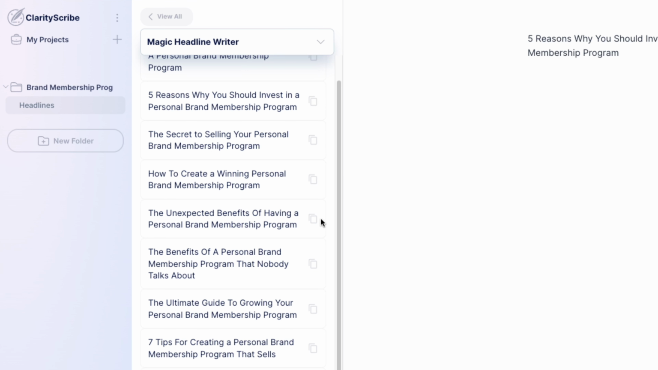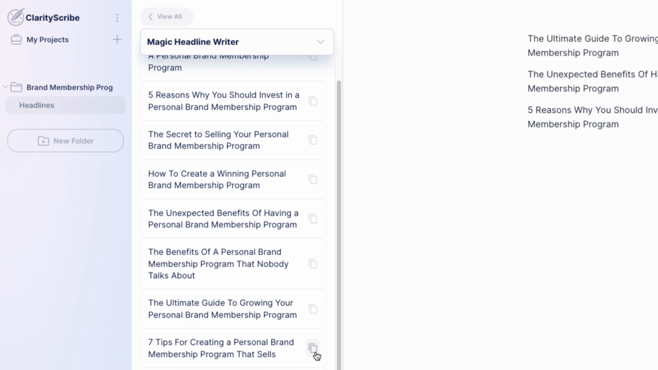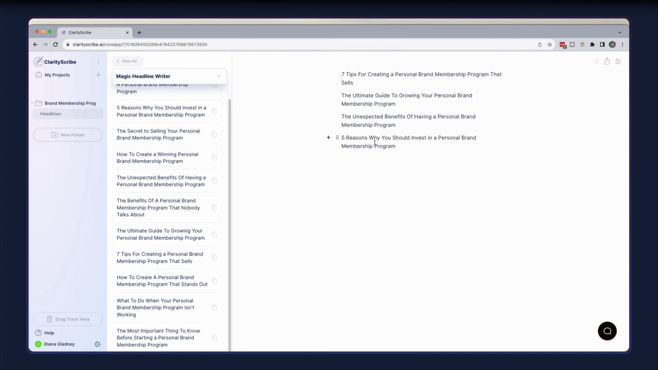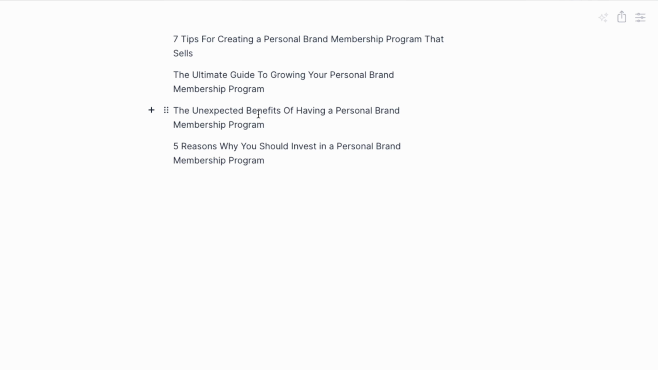So let's paste in a few of these options and see what ClarityScribe has given us so we can take a look at what makes sense for our brand. 7 tips for creating a personal brand membership program that sells, the unexpected benefits of having a personal brand membership, 5 reasons why you should invest in a personal brand membership. All of that sounds and looks pretty good,